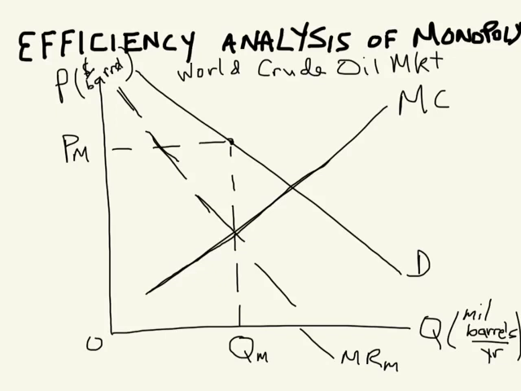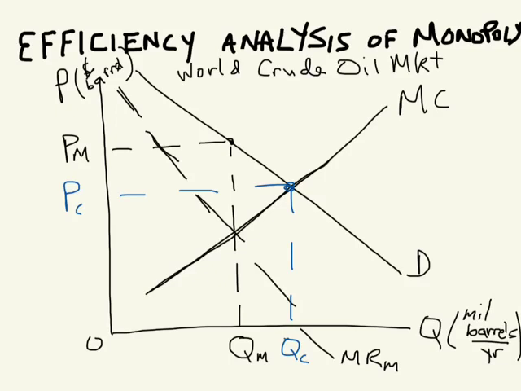If, on the other hand, a competitive industry prevailed in that market, we would get the following result. Price and marginal cost would be equal, we'll call it P sub C, and output would be Q sub C. And what do we see? Actually, let's go ahead and do our quick